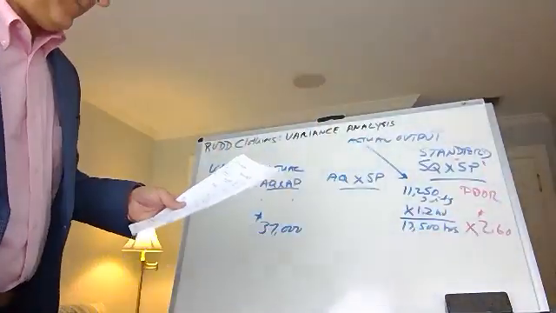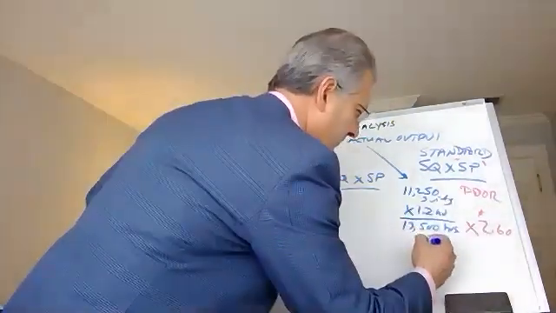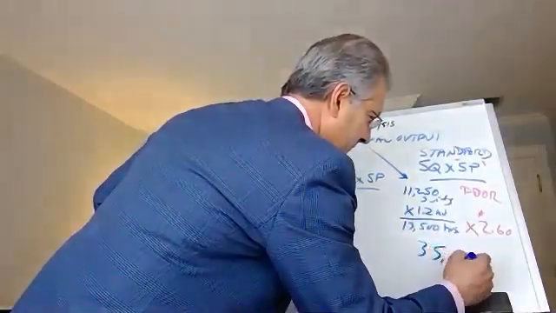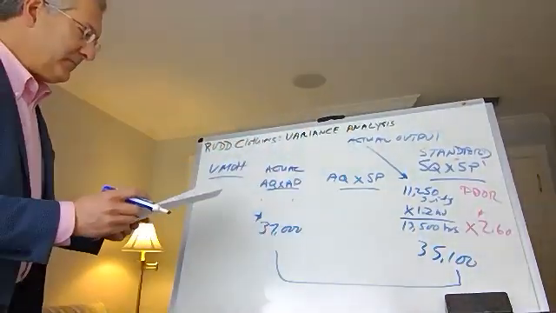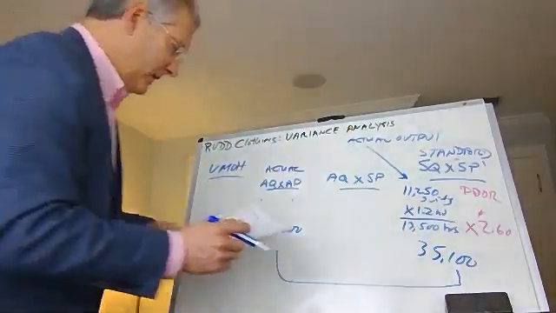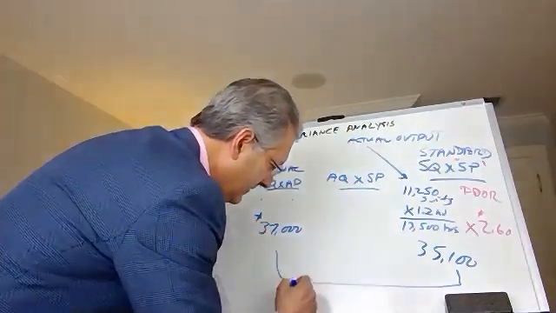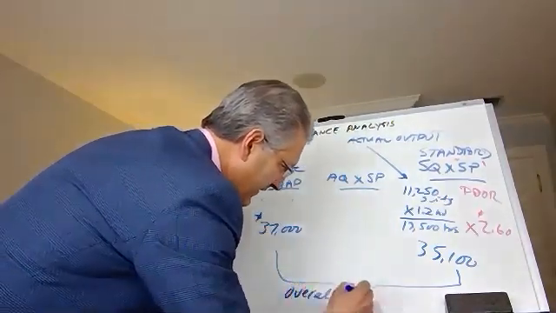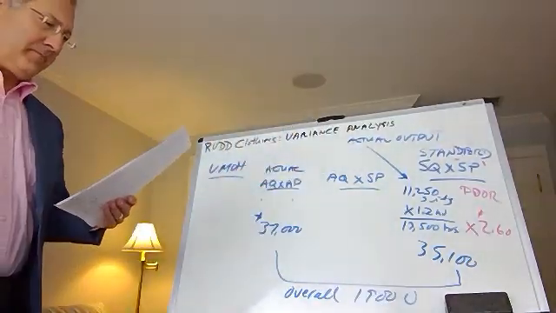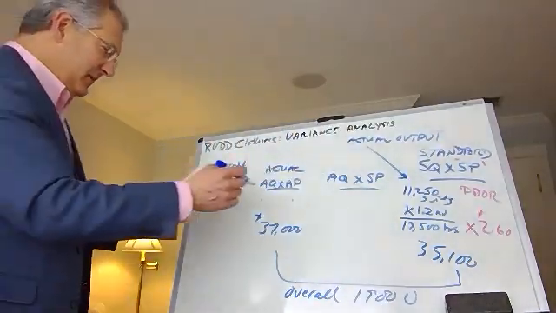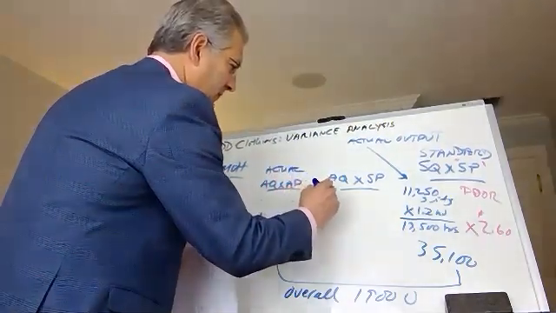Math here, $35,100. The difference between these two numbers is our overall variance, or total variance, $1,900 unfavorable. And we're interested in the middle number, actual quantity,